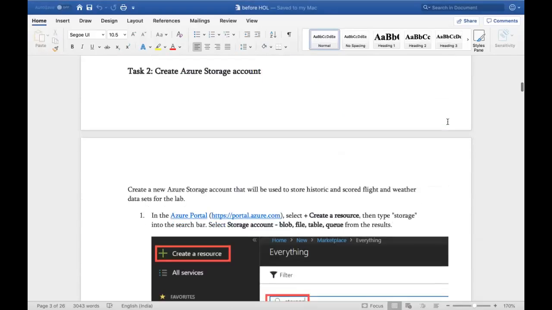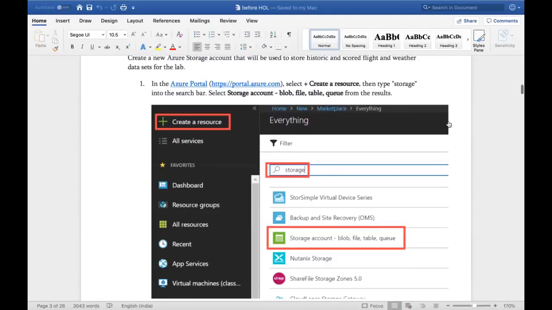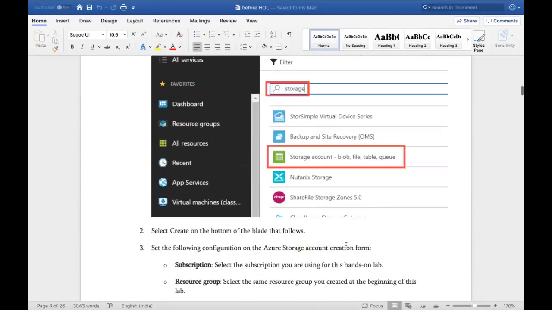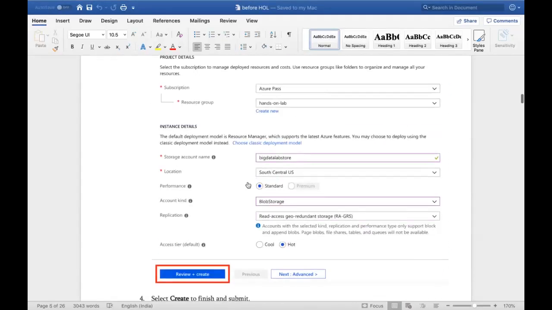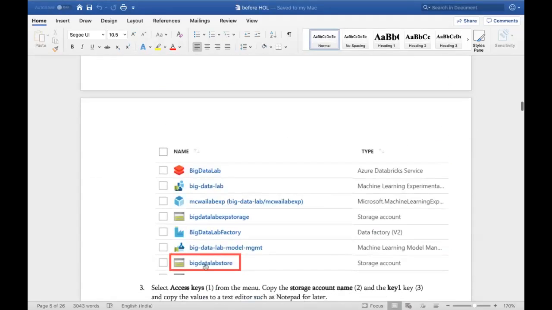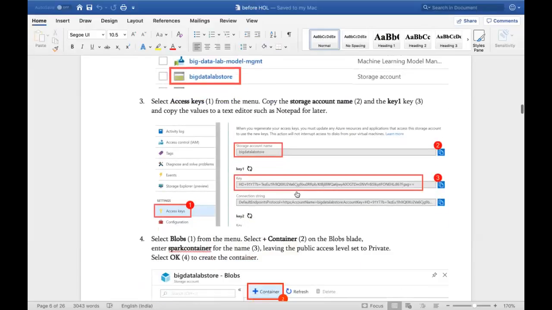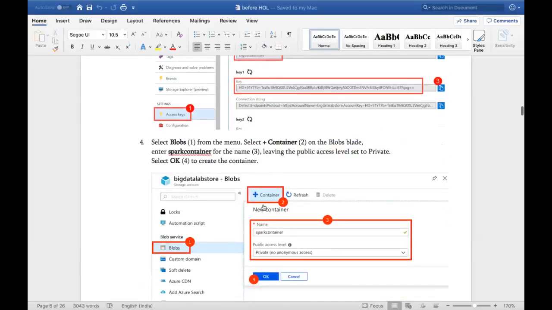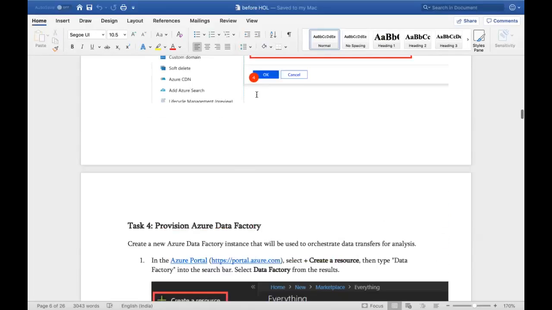And the other one is about the account creation, the storage account I've created. I've given my subscription, blob storage, redundancy, and all those things. Then I created my storage account inside it, like this one here. I created my big data Databricks account as well as this one also. And I have my keys. I'll copy this key because I require this; I'll tell you why. I created a container called Spark container. Okay, this is done till this point.